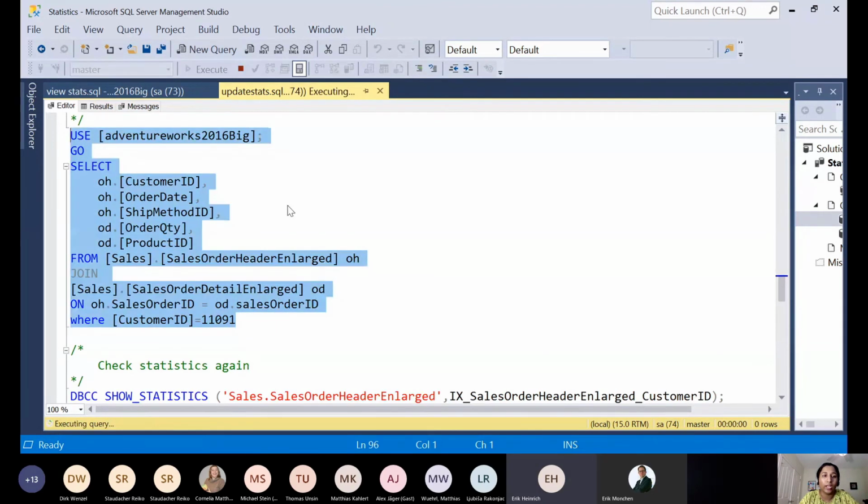Now it will take more time, because while auto update statistics is on, it will first update the statistics and then execute the new execution plan with the updated statistics. So it takes a while to run. And then we should see the updated statistics freshly, very close to the actual number of rows. Come on.